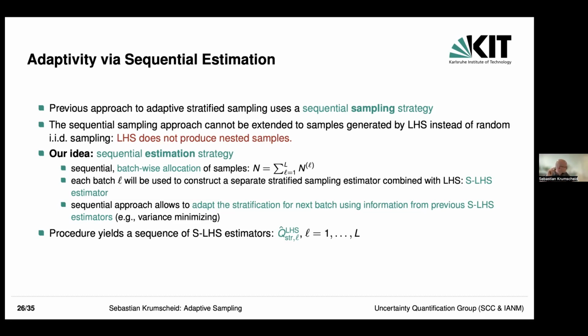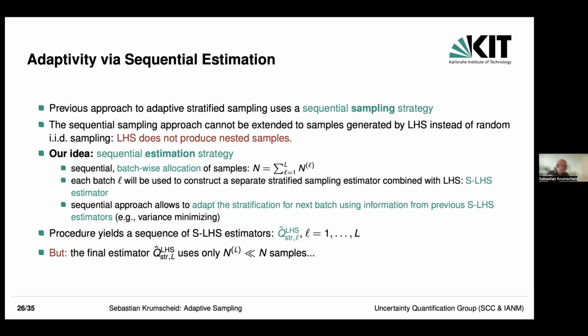The problem is, if you do that, then we can find some information on how to refine the stratification. So now we have a sequence of estimators that use an increasingly more refined stratification. The problem is that the last estimator in this sequence, which may have the most refined stratification, has only used N_L samples, which is typically much smaller than N, right? Because we have taken our total budget N and decomposed it into smaller batches. So this would be inconvenient, because then we have thrown away lots of sampling function evaluations.